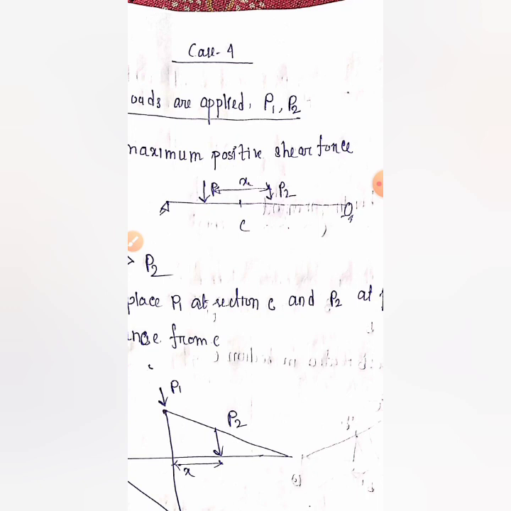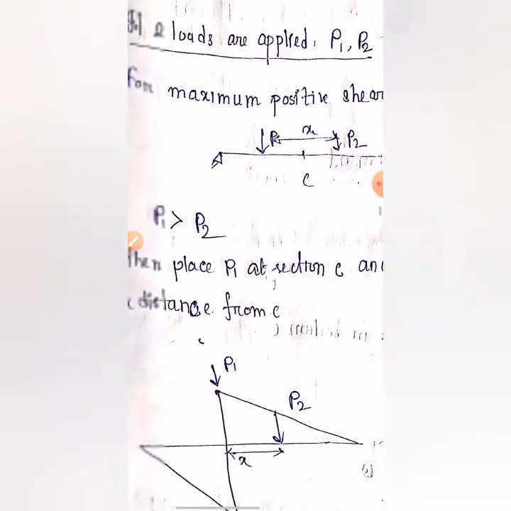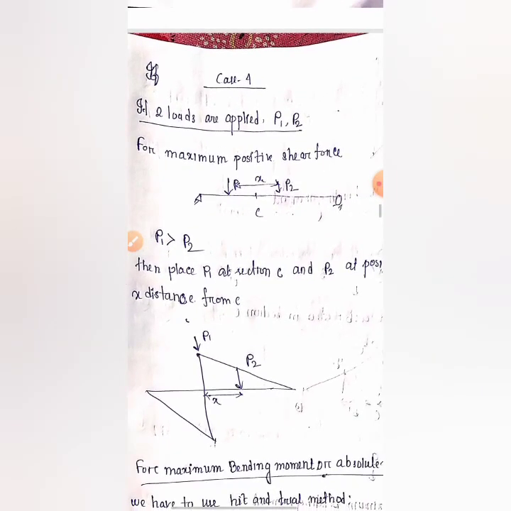That means in any section, if the loads are moving from left to right, P2 will pass the section first, then it is the turn of P1 load. Okay, and the distance between the P1 and P2 loads is X. It is fixed. Now we'll have to find maximum shear force. We have to know how we'll place the loads so that we'll get our desirable shear force, bending moment,